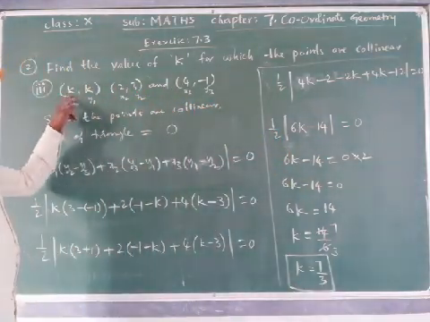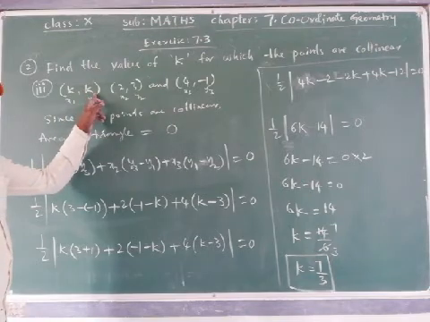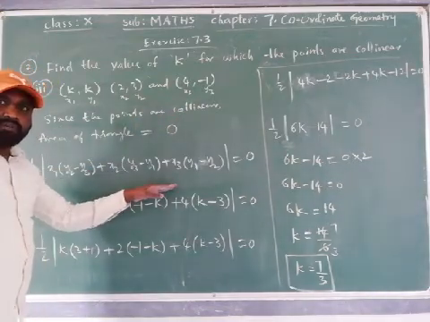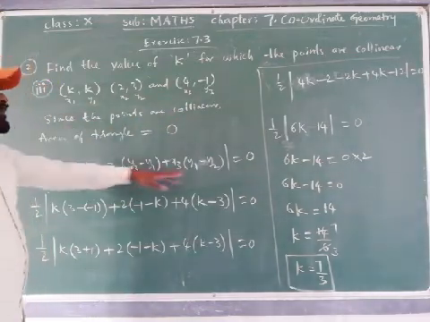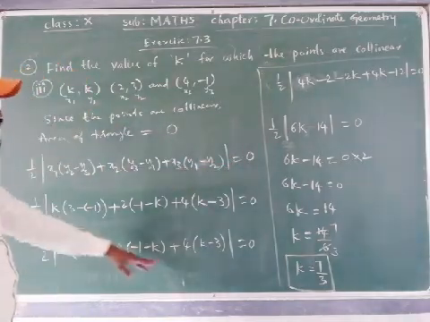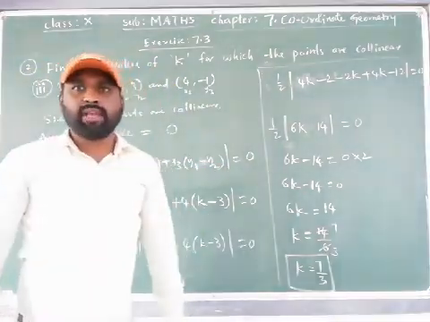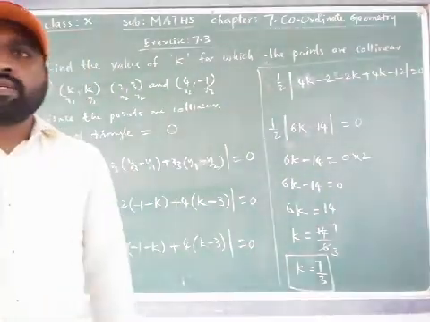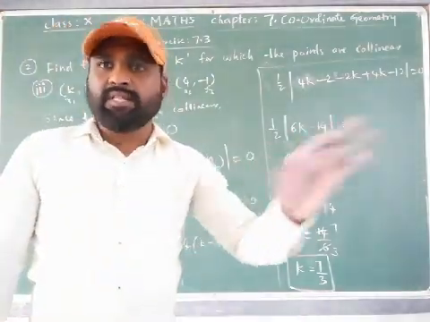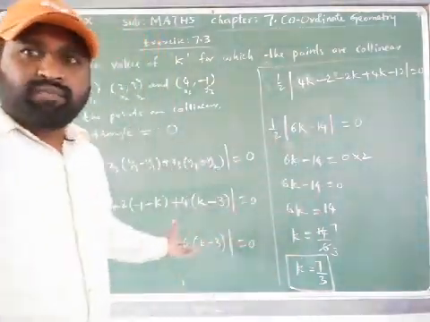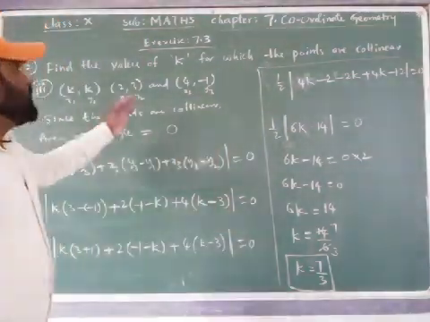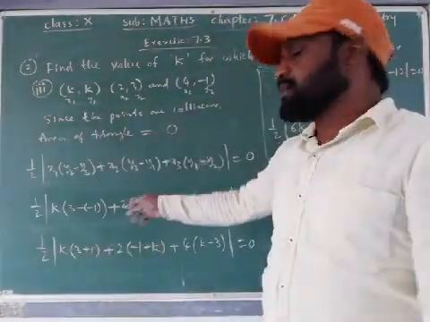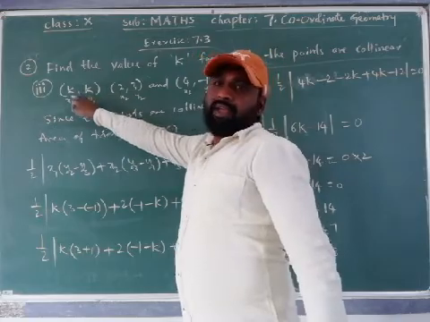Here 2 k's are there, so that means here 7 by 3, 7 by 3. Okay? So when the 3 points are collinear, area of the triangle will be equal to 0. Then when you keep the area of triangle equal to 0, by substituting all these values, you got the k value equal to 7 by 3. Understand everyone? Hope you all understood these two problems. Finding the area of the triangle when 3 points are the vertices of the triangle, utilizing the formula. With the same formula we got that when the points are collinear, area of the triangle will be equal to 0. By utilizing that concept, we find out the missing k values.